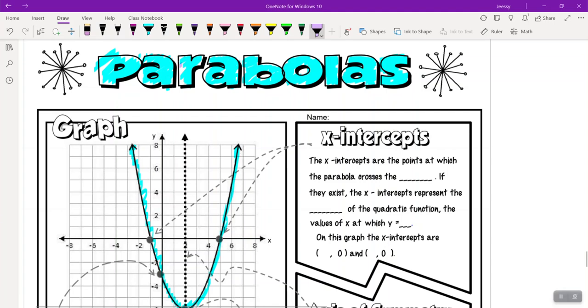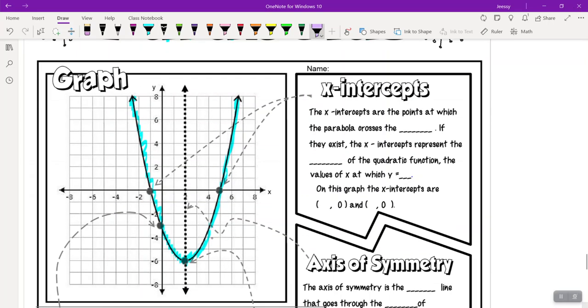Guys, in this lesson, we're going to talk about the parabola. The parabola looks like this U shape right here. So it's very unique, okay? Now, the x-intercepts